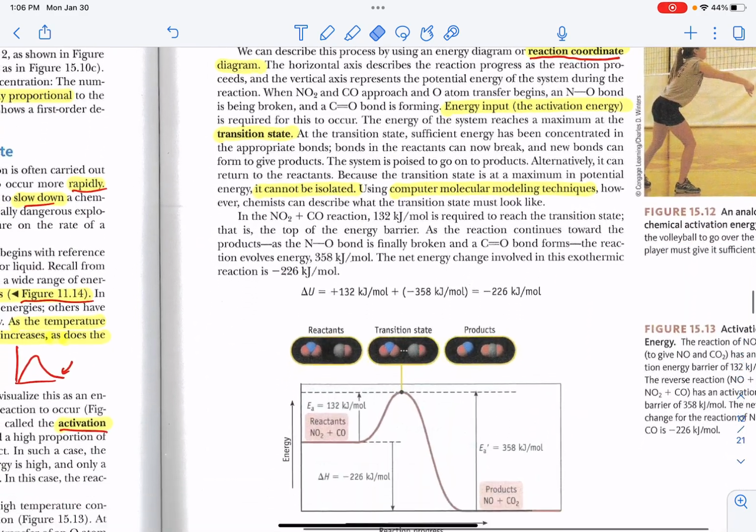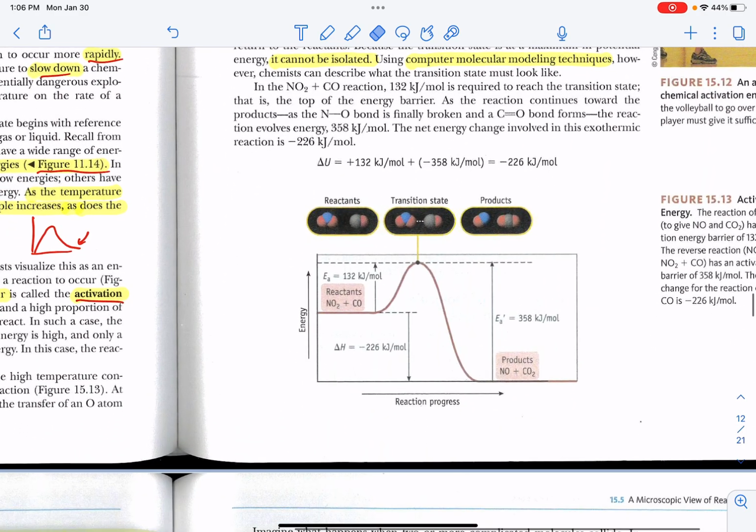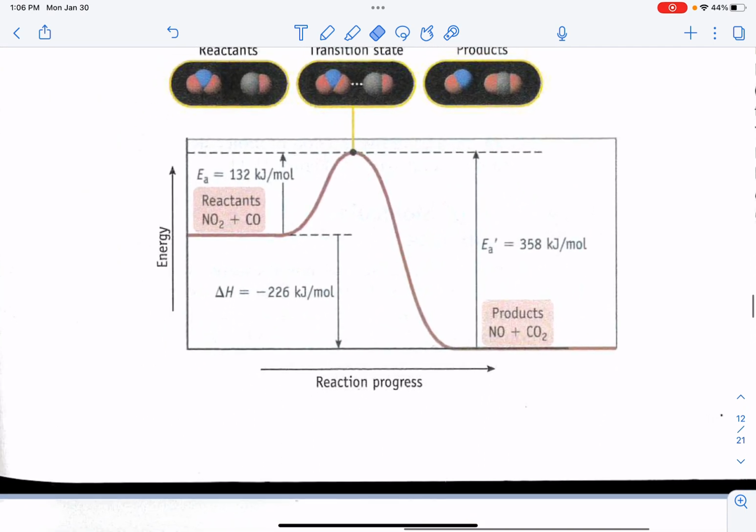I think it's coming up. Yeah, here we go. This is what I'm looking for. So, in this case, we do switch the axes. So now in this case, the y-axis is where I have my energy. Yeah, that makes a lot more sense. And my reaction progress, in a sense, we could say that's a function of time, how far along the reaction